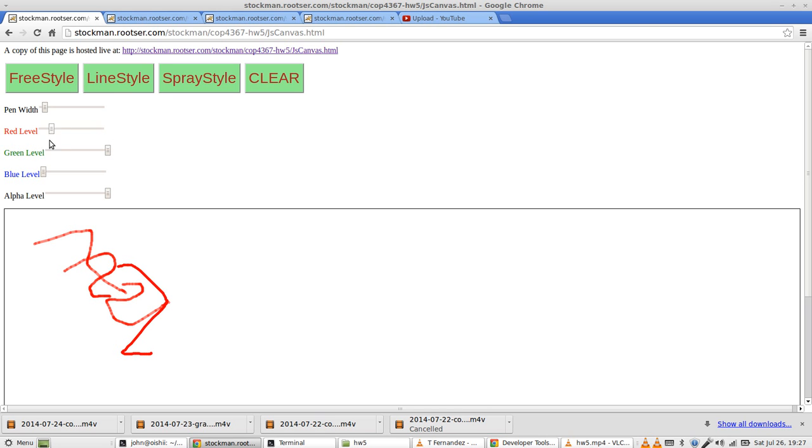Line style is a new functionality. The way that we implemented it was we have the user click once, twice, and then after that we start getting a path. If the user goes back and wants to do a little bit of something else, we start a new path,